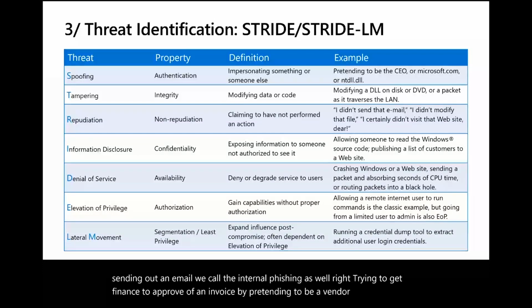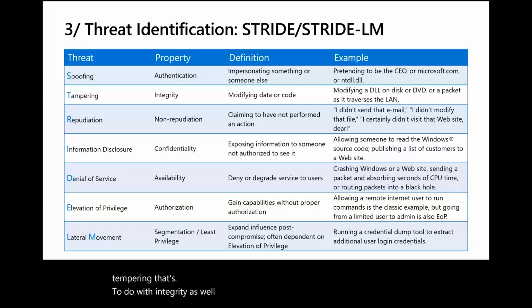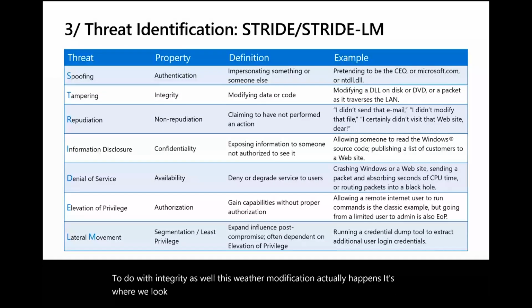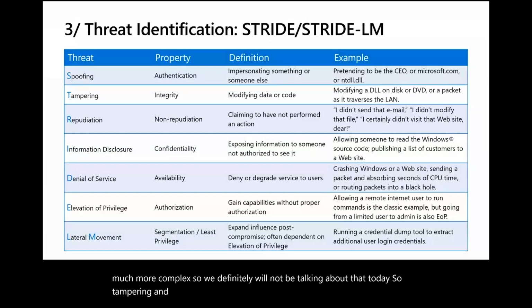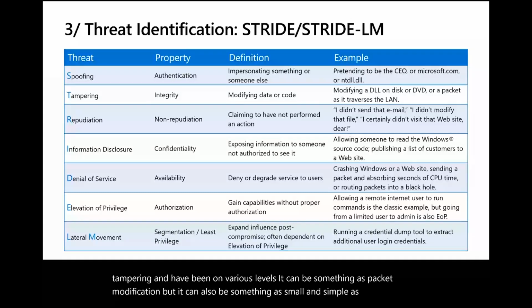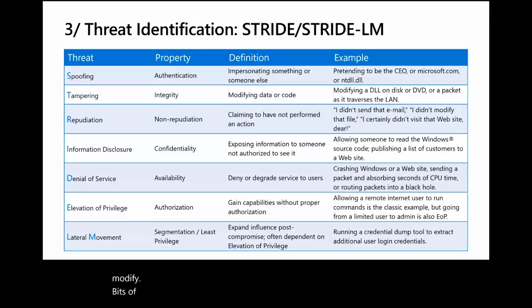Tampering, that's to do with integrity as well. That's where modification actually happens. That's where we look at, for example, a modified DLL or packets that get modified. That's much more complex, so we definitely will not be talking about that today. Tampering can happen on various levels. It can be something as sophisticated as packet modification, but it can also be something as small and simple as just trying to modify bits of data. Even, for example, not really brute forcing things, but even a password spray, for example, where a user tries to